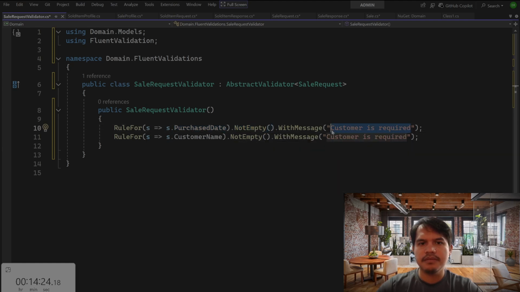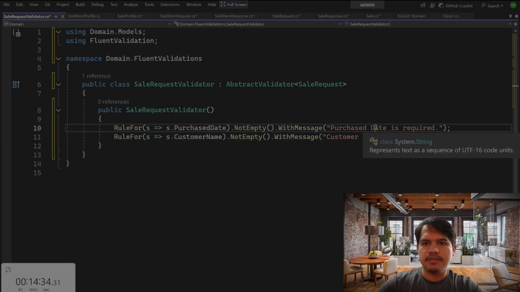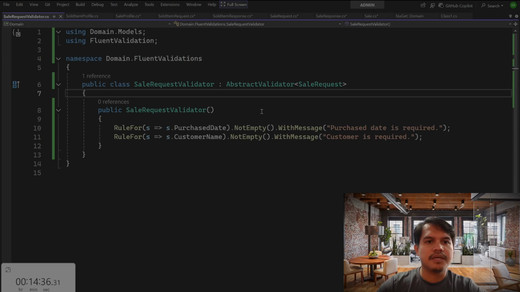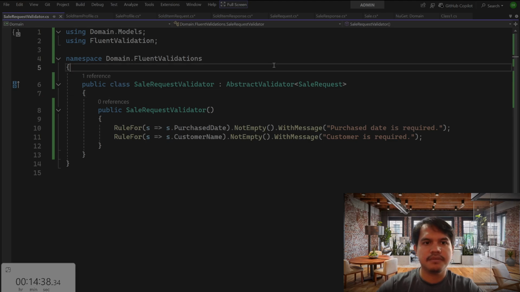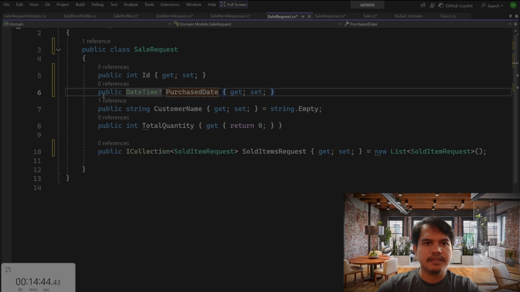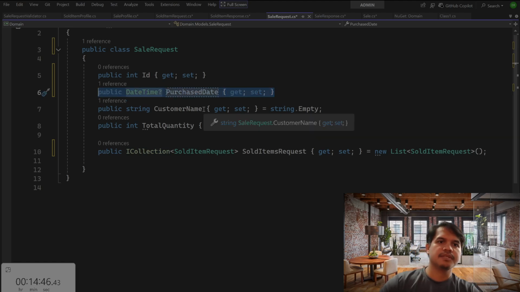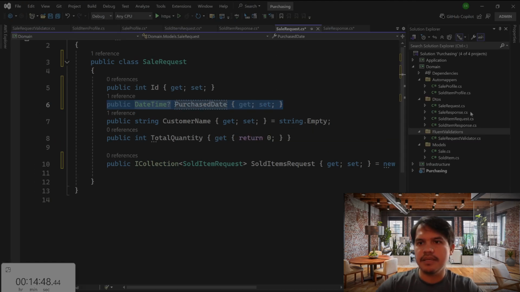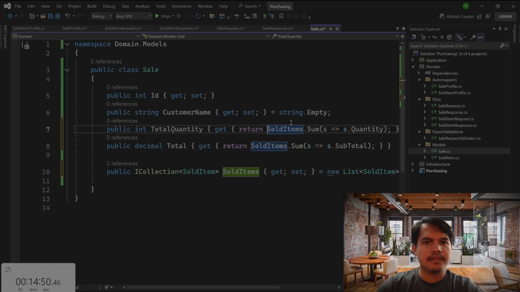With this date is required. It's override. To add this purchase date under the